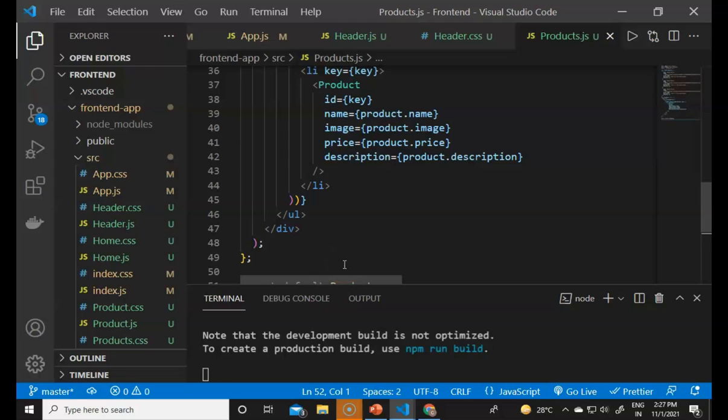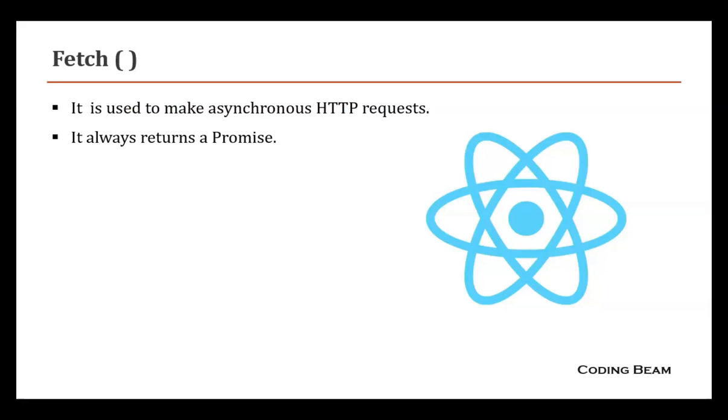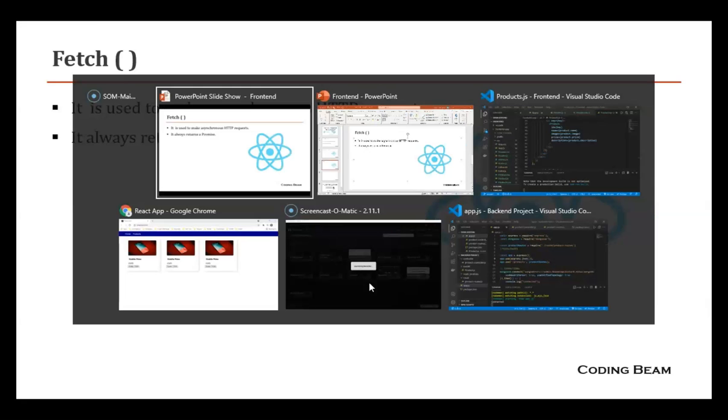So now we have built the layout of how our products are going to look, and now it's time to fetch and show the real products that we have in the database. I have added some products in the database, and now we will fetch all the products from it. For this we can also use Axios, which is a third-party library to make HTTP requests, but we have an alternative that is already available in JavaScript, the fetch function. The fetch function is used to make asynchronous HTTP requests and API calls to the backend server, and it always returns a promise object, and we can use then and catch statements after it.